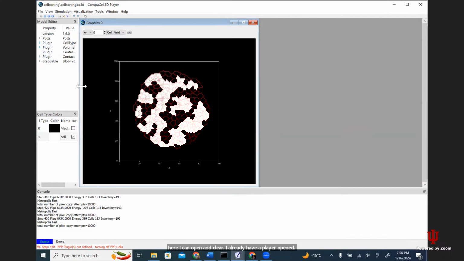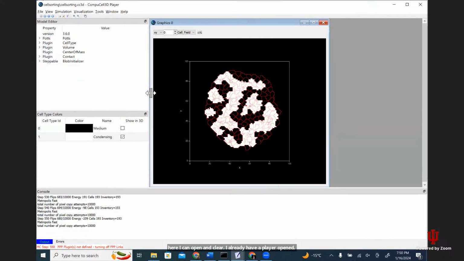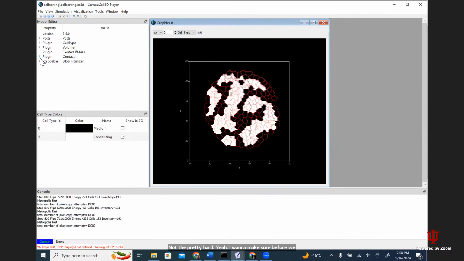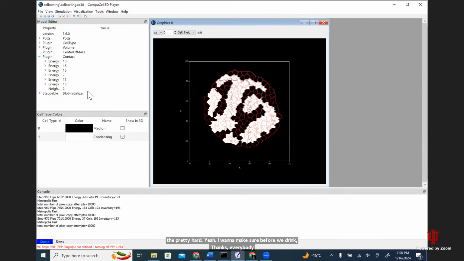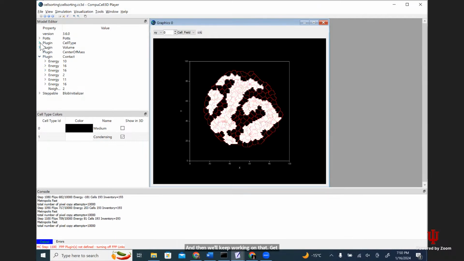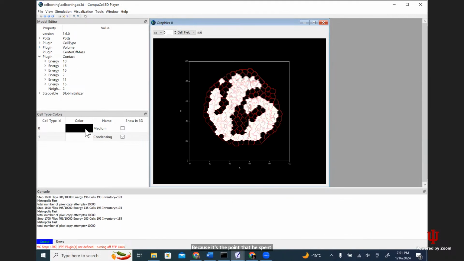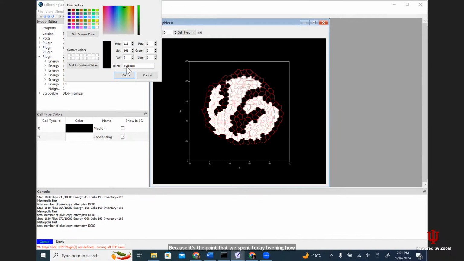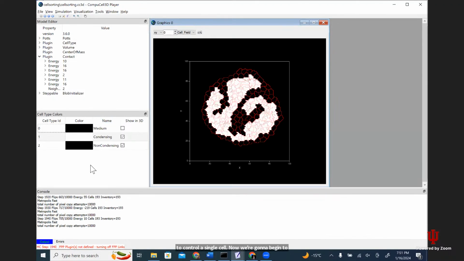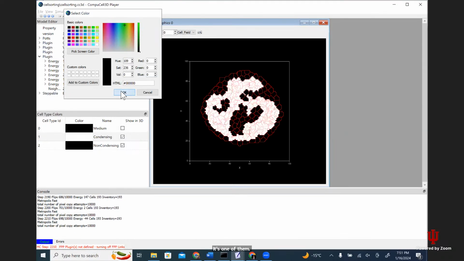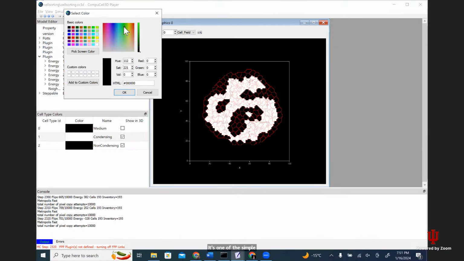Not the prettiest colors. Yeah, I want to make sure before we break, we're at the end of the class, I want to make sure everybody's able to run that demo. And then we'll keep working on that, get back next week. Because the point is we spent today learning how to control a single cell. Now we're going to begin to think about how cells interact with each other. And the cell-cell adhesion is one of the simplest interactions that we can play with. And to be honest, you can get a lot with two cell types,